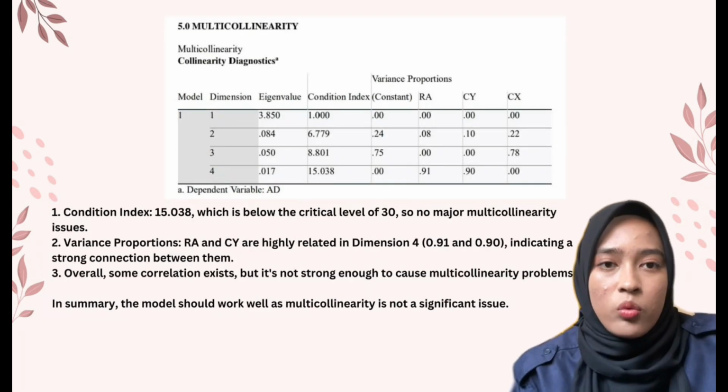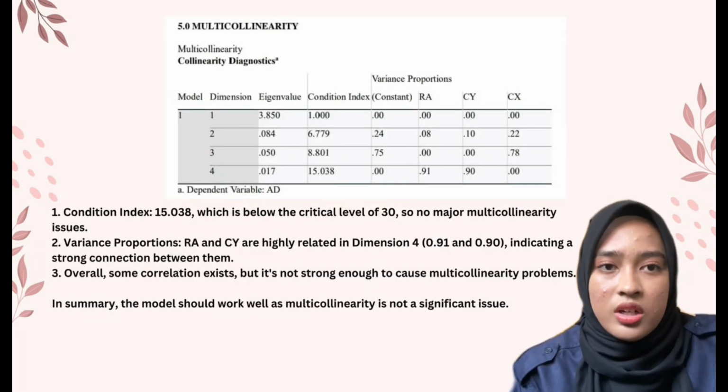The table shows how the independent variables RA, CY, and CS are related to each other, which helps us check multicollinearity, when the predictors are too closely related. The condition index value is 50.038, which is above the critical level of 30, so there may be some issue with multicollinearity. The variance proportions show that RA and CY are highly related, at 0.91 and 0.90, indicating a strong correlation between them. Overall, there is some correlation between the variables, but it's not strong enough to cause